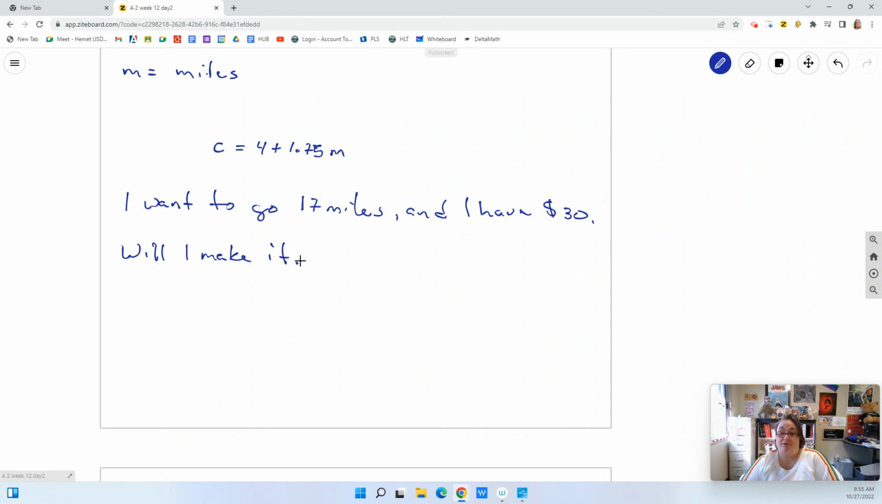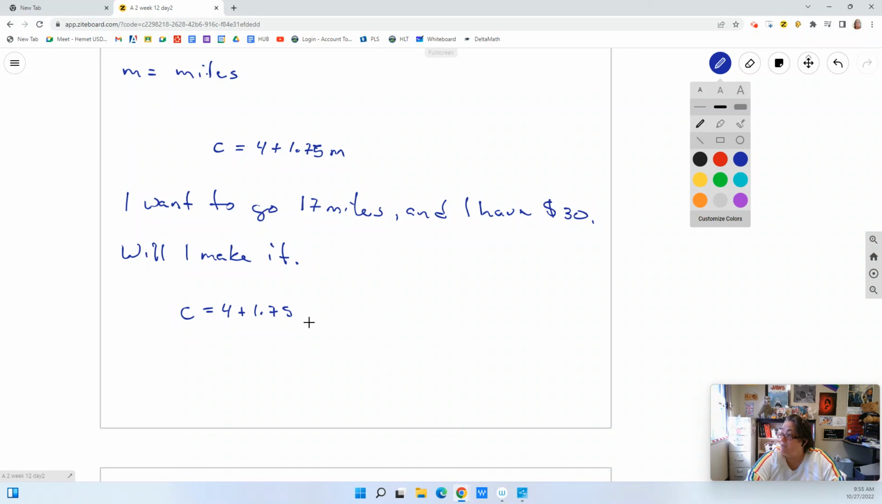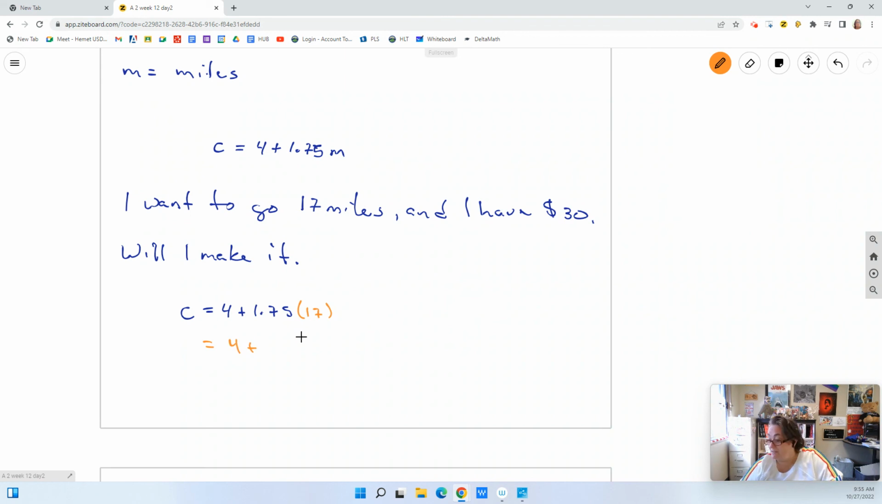We have this formula that tells us how much something's going to cost based on the number of miles. No matter what, I got to start off paying that $4. So let's see what this cab fare is going to cost us. We have C equals 4, because no matter what, we got to pay at least $4, plus $1.75 per mile, right? Per M. But we know that our M here is 17. Now, I can't do this math in my head, but I know that this is going to be 4 plus, I already did the math,